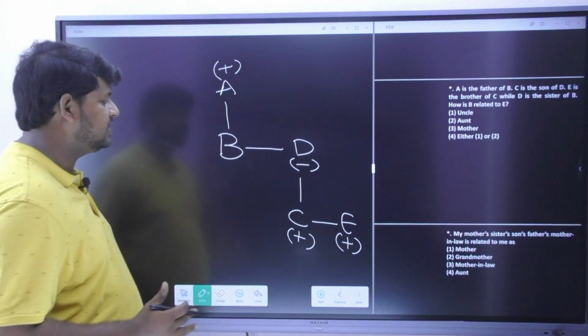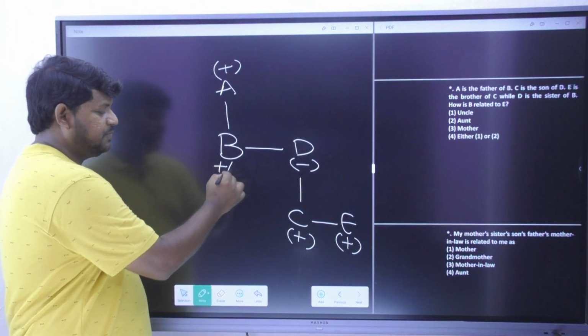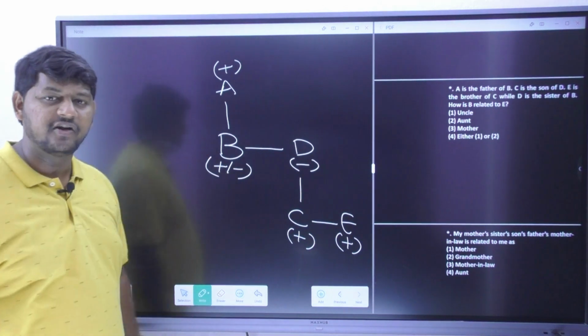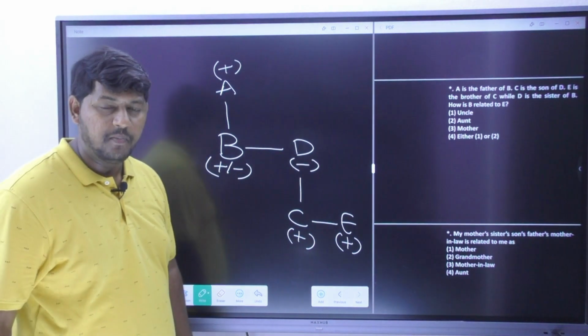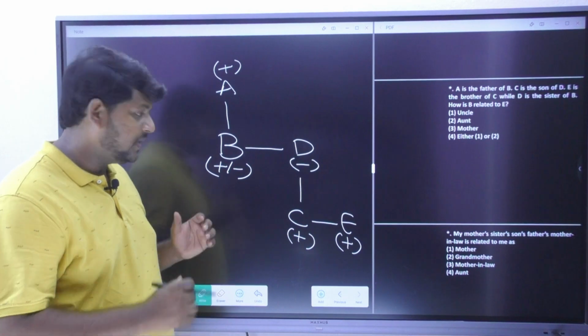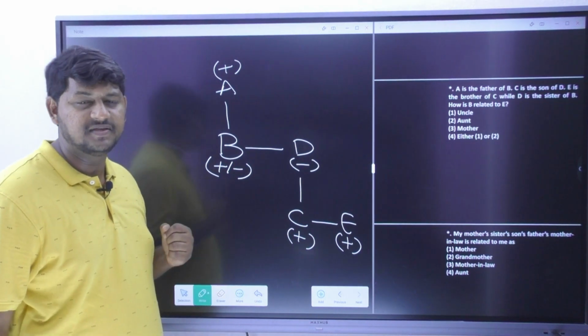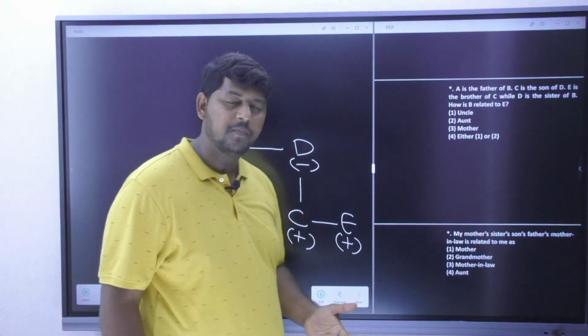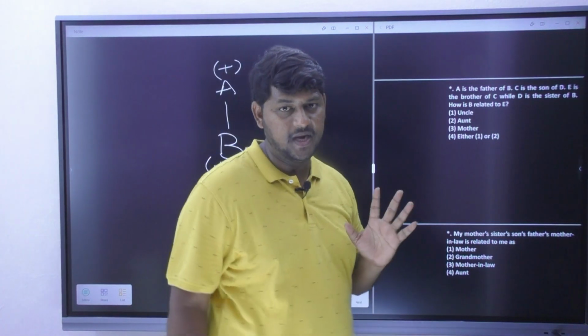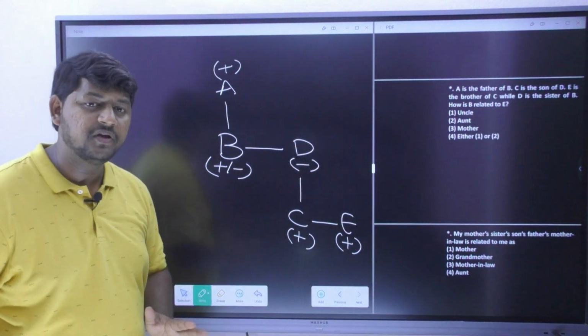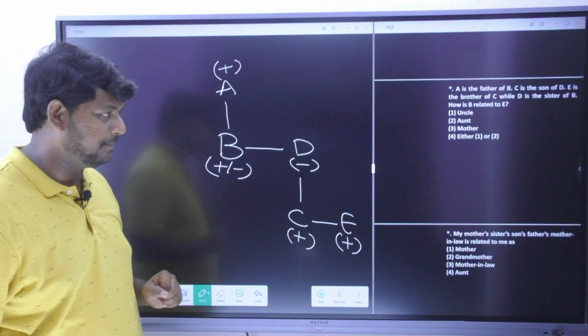Now after finishing the entire question, is it possible for you to understand the gender of B? No, it is unknown. But you cannot leave it empty. Please make sure you always apply this symbol. Whatever chances for male, equal chances for female as well. That is the way you are giving yourself a hint in your exam.